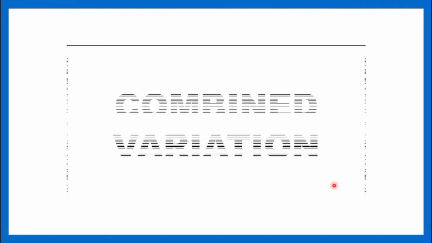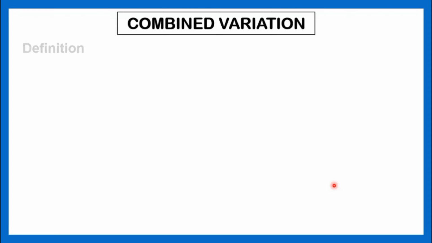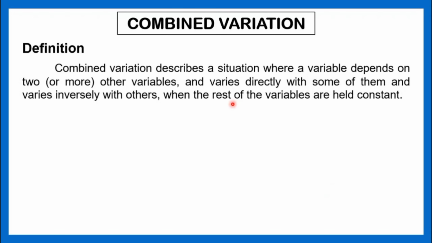Hi everyone! Welcome sa lesson natin ngayong araw. So for today, pag-uusapan naman natin ang tungkol sa combined variation. Ayan. So let's start this by defining ano nga ba ang combined variation. Alright. So once you take combined variation, it is described as a situation where a variable depends on two or more other variables and varies directly with some of them and varies inversely with others when the rest of the variables are held constant. So just like the three